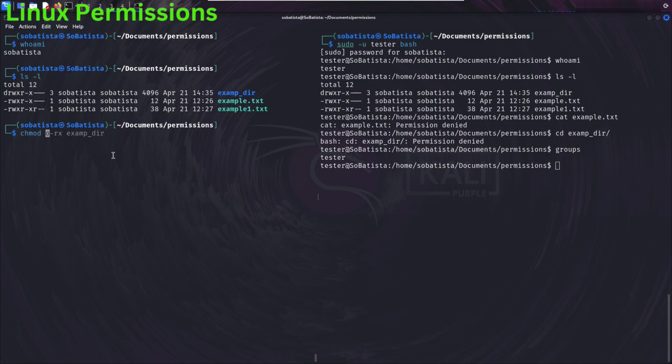chmod 754 and then the name of the file, in our case example.txt. But before we execute this command here, when we have this permission string, numerically it's represented as 750, okay? Because it's 7 for the owner because he can read, write and execute. It's 5 for the group because the group can read and execute, and it's 0 because the others can't do